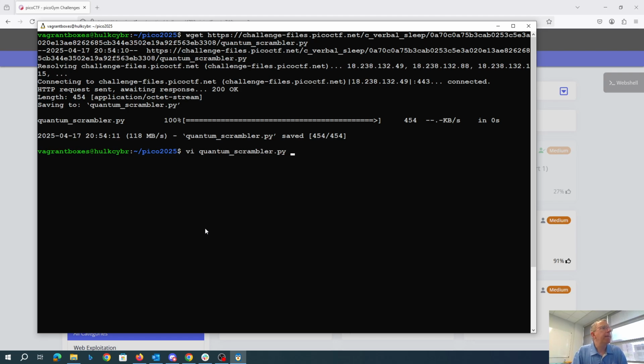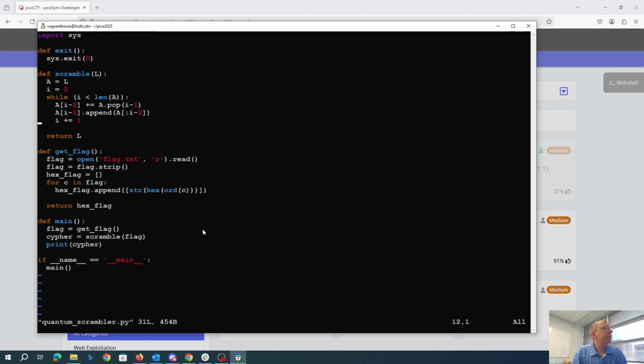All right. So we read flag.txt, we scramble it, we print that out. Scramble does something weird. We add to I-2, we append, kind of looks like a Fibonacci sequence or something weird. All right, well,